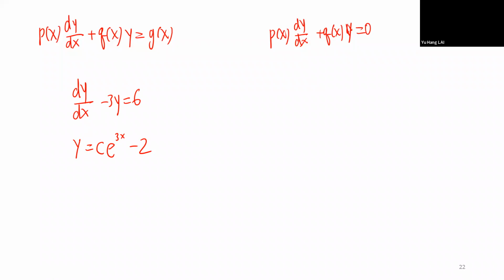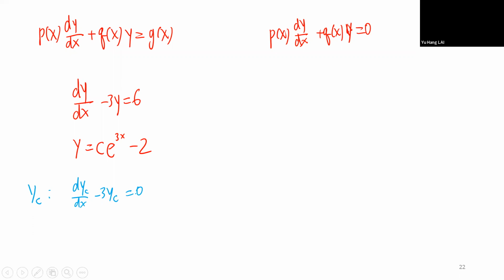However, if we just use the concept that we learned last time, that the general solution of this equation can be treated as a sum of the complementary solution and the particular solution, what you would do is the following. You look for the complementary solution. To do that, you set the right-hand side to be zero. Then you will have this,